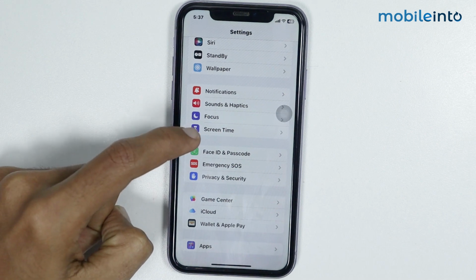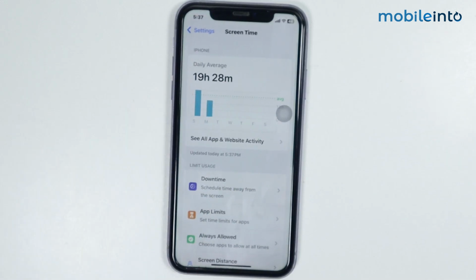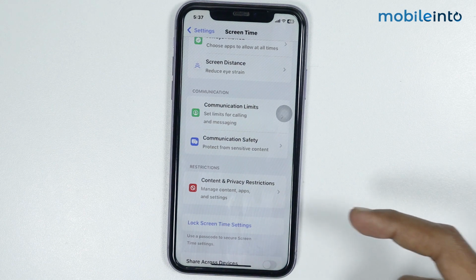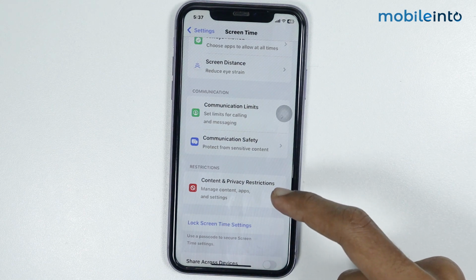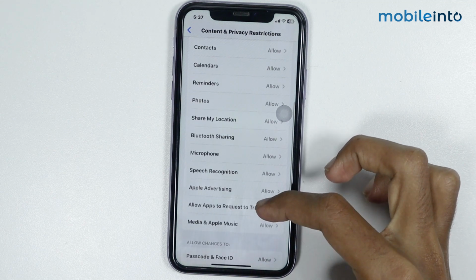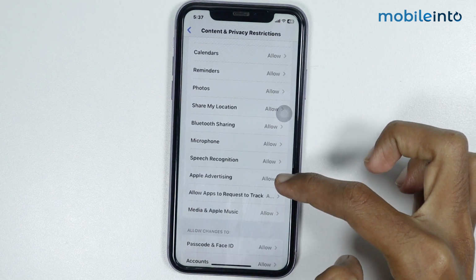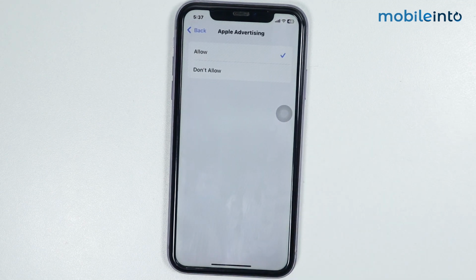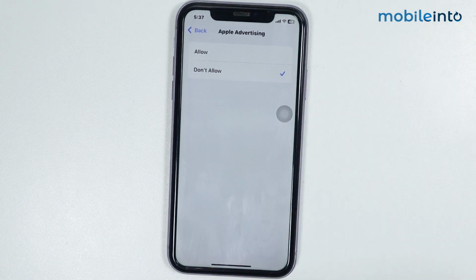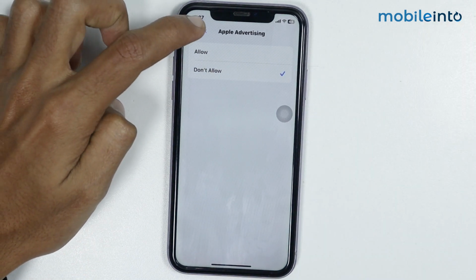and tap on Screen Time. Now from here, scroll down and tap on Content and Privacy Restrictions. Now from here, scroll down and tap on Apple Advertising. Now from here, tap on Don't Allow. Now from here, go back